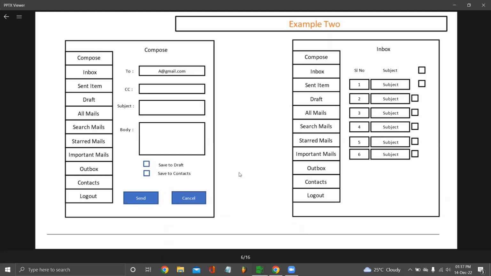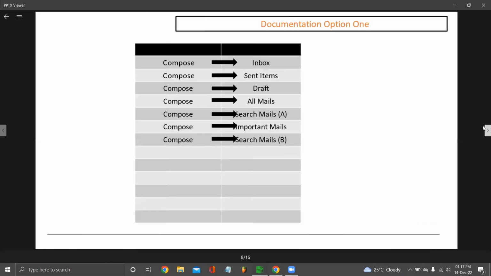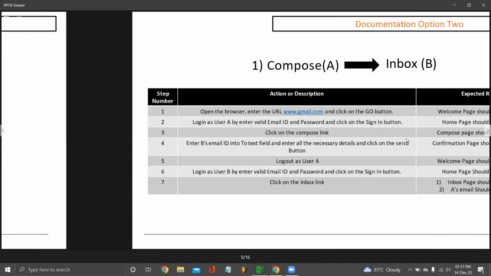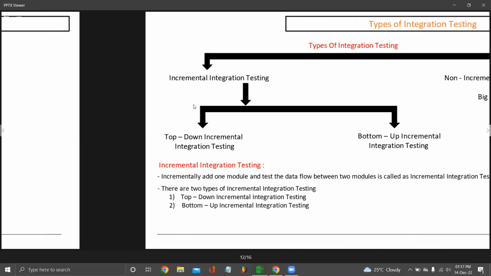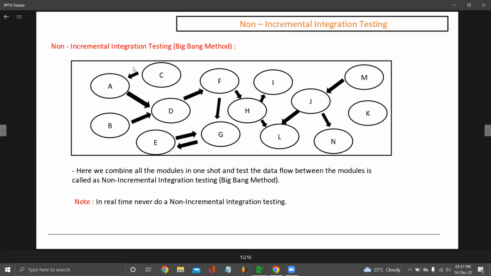Yes. Cool. So basically that is there. The basic difference between incremental and non-incremental is that non-incremental is an unorganized and unprioritized way of doing integration testing. Instead of prioritizing, okay, these 3 features I'll do the integration testing first, then under that bunch I will add one more feature called F, and then on these 4 features I'll do the integration testing. I'll test A with B, A with C, A with F, and then C with F, D with F, something like that, right? So this is a prioritized way,